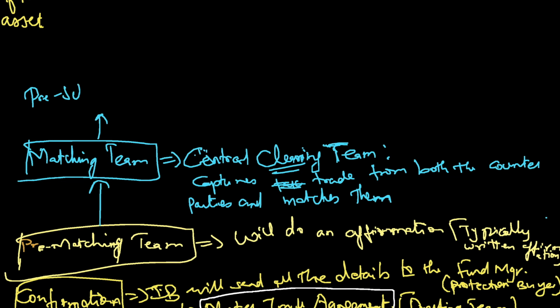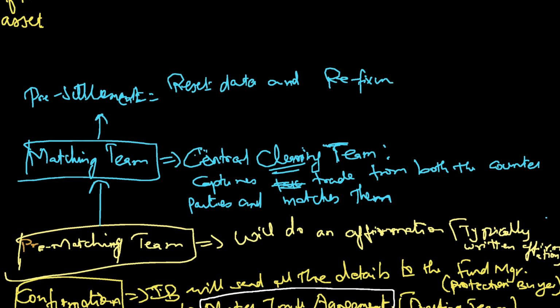Then the next step is pre-settlement. So pre-settlement involves resetting data and refixing. What does this mean? Resetting and refixing, as in, they will fix the rate periodically. What should be the new premium in case there is a change as per the agreement. So this premium will be reset,